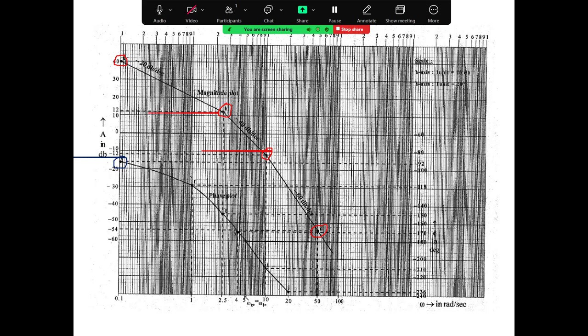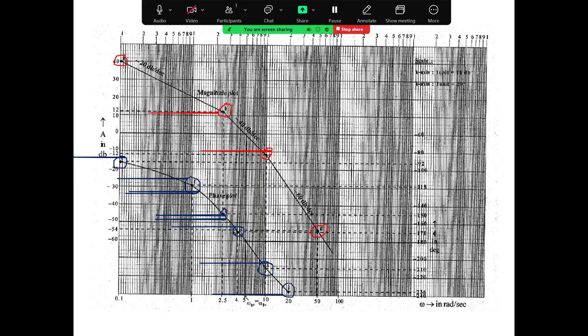Next at frequency 1, you will get approximately minus 118 degrees. At 2.5, it is approximately minus 150 degrees. At 4, you will get minus 170 degrees. At 10, it is around minus 210 degrees. And at 20, it is around